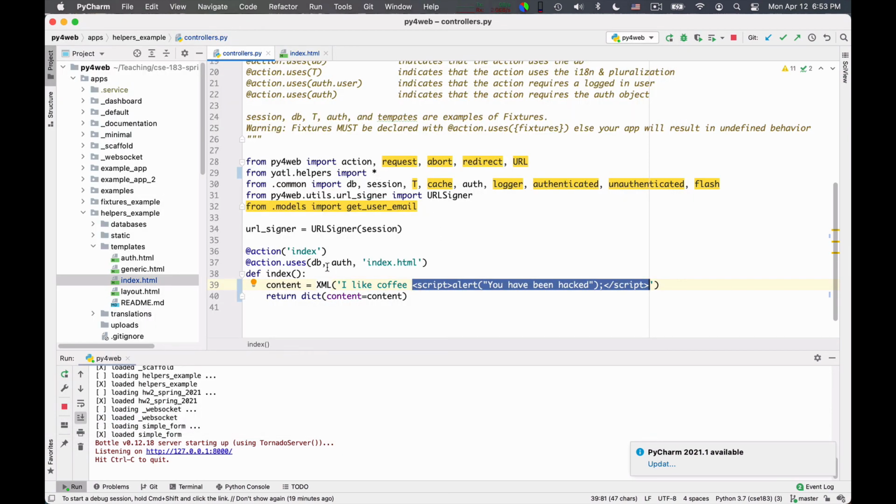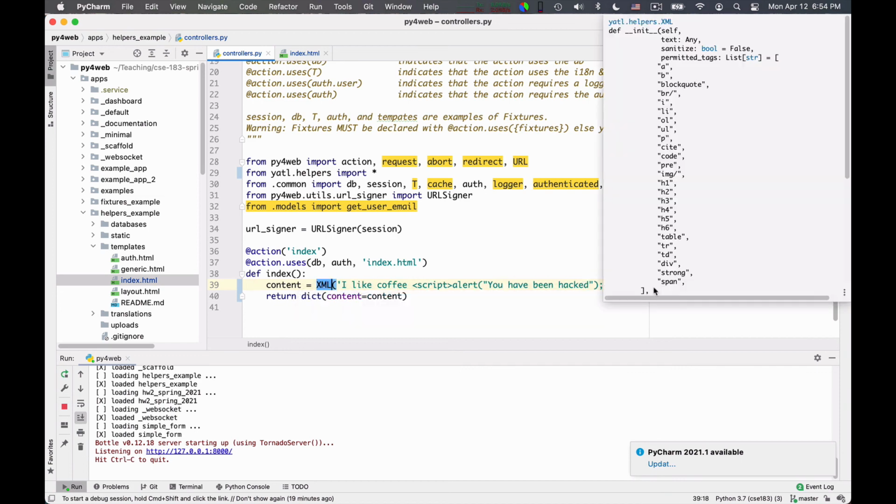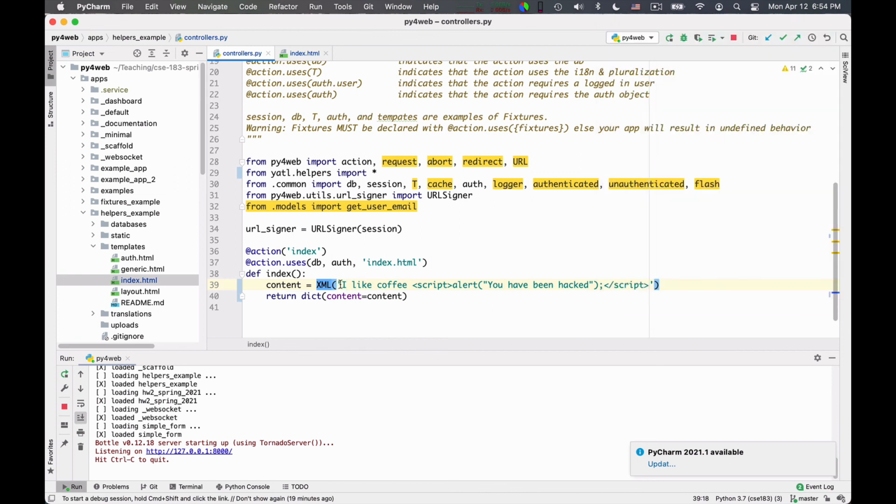For this reason, the templating mechanism automatically looks at all the text you want to include and replaces it in a safe way. So if you say div here, the content of the text will be replaced in a way that is safe. The only tag that actually lets you send raw content to the web page is the XML one that will send its content completely unchanged. With it, it carries the danger that if this string contains anything dangerous, you are sending it verbatim to the web page, and so tags are interpreted as tags. Okay? So this is a security threat.